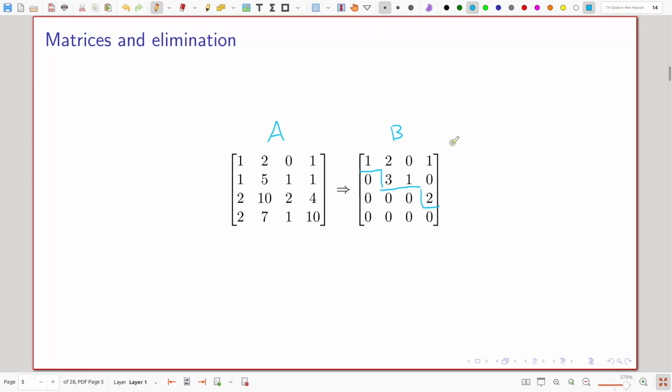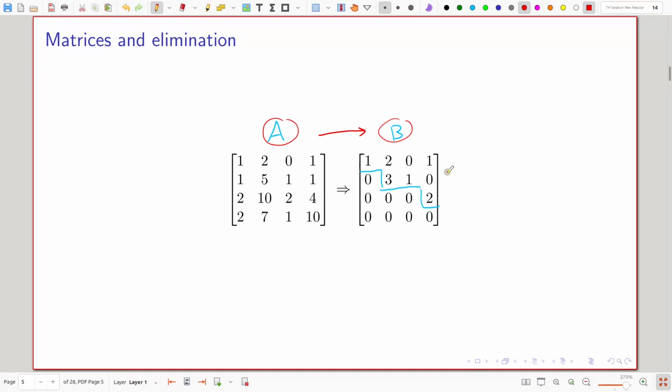Can A have more than 3 linearly independent rows? There are 2 directions here. Let's look at A. Suppose A has a lot of linearly independent rows. Let's think in this direction: we start with A and we can obtain B from A.